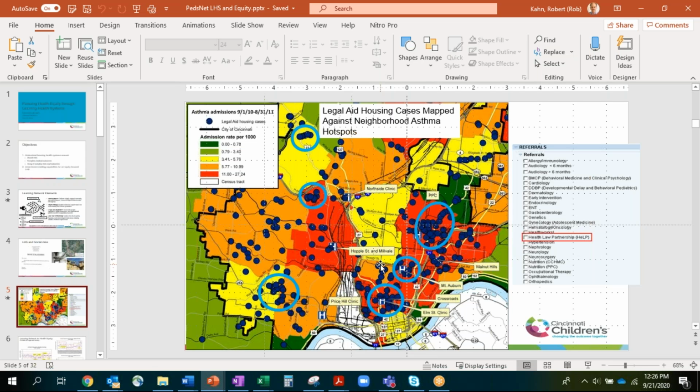You see on the right there, it's facilitated, and I think you've got stuff on informatics and other elements. Our system and our partnership was facilitated because early on we spent the time trying to not only embed social determinant screening questions, but embed the EPIC order for a referral. So in fact, we got to the point where legal aid referrals, we called it Child Help or the Health Law Partnership, was second only to the speech and language referrals, more referrals than to cardiology, pulmonary,